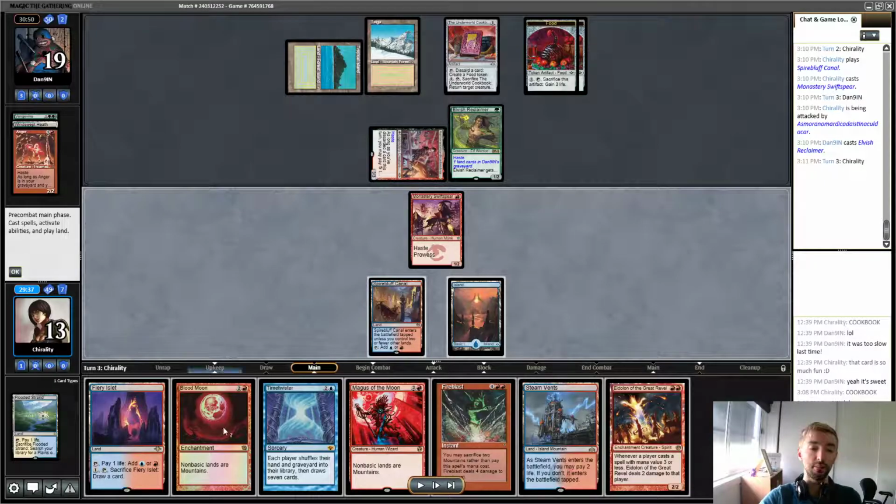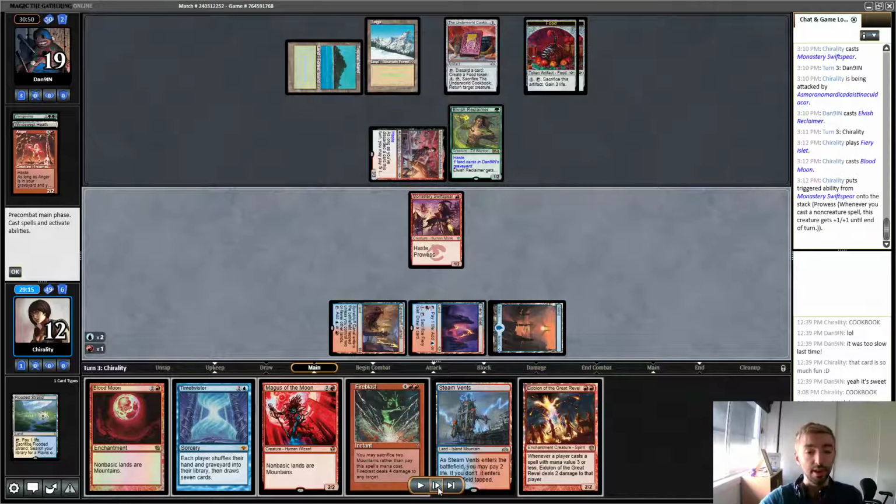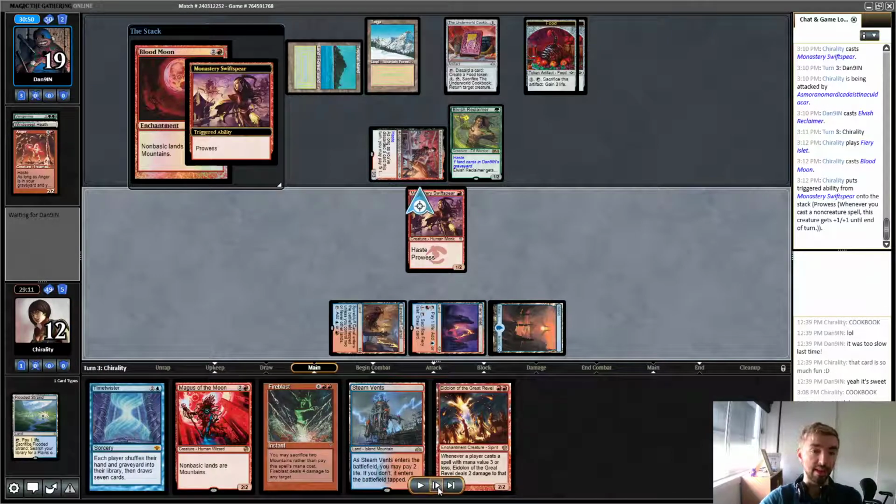Whereas Blood Moon, sure, they could have Force of Vigor plus a green card, but if they do, they do, and at least they then don't have the ability to really crack in for too much damage. Whereas if I play Magus and they kill it with Lightning Axe, it's so bad. So I have to take a point of damage to cast this, which is a little frustrating. But I cast the Moon. Again, I choose not to attack,